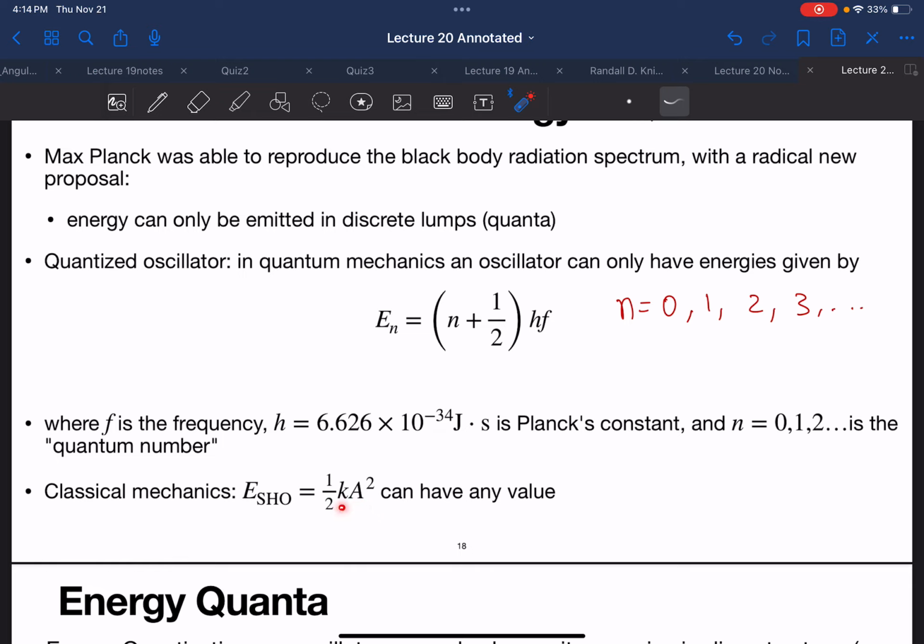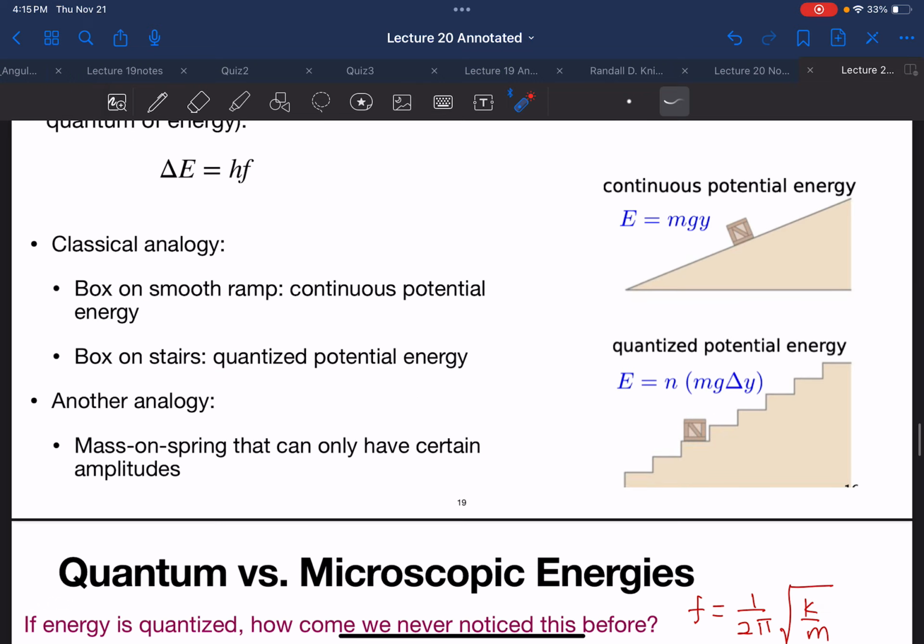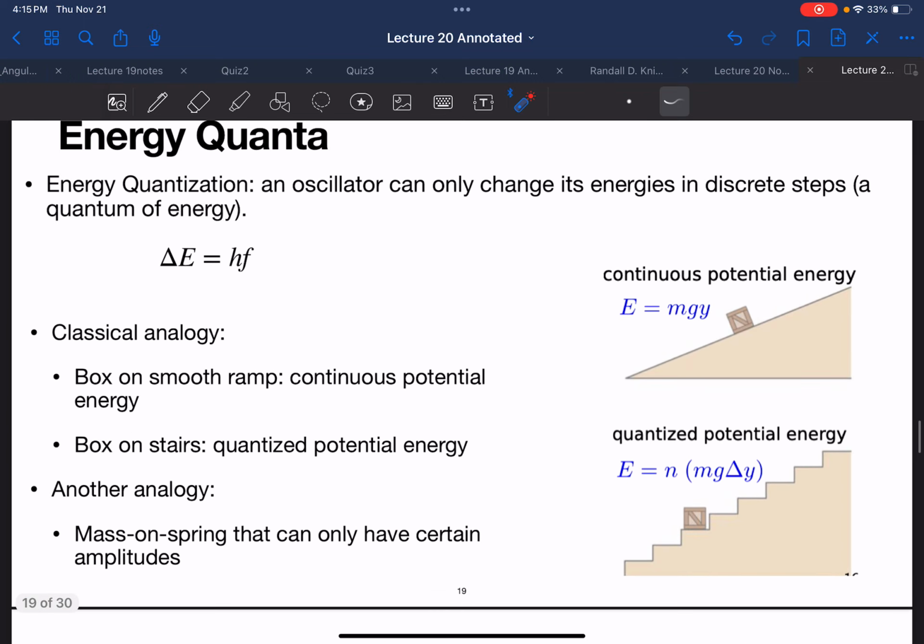You can pick a k for a spring that is just slightly different than the previous. There doesn't need to be any quantized steps, and in terms of amplitude, you can stretch the spring by as small an amount as you like. So let's say you're stretching it by 20 centimeters. You can stretch it by 20.1, by 20.001, by 20.0001. Basically, there's no need for a discrete step in either of these. So to explore that further, we looked at this example here, and I'll come back to this slide